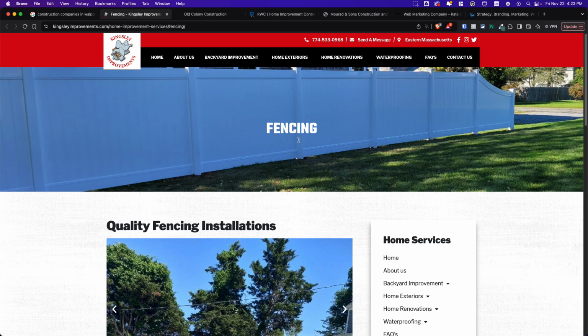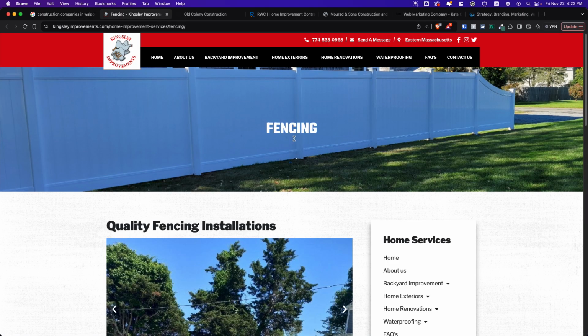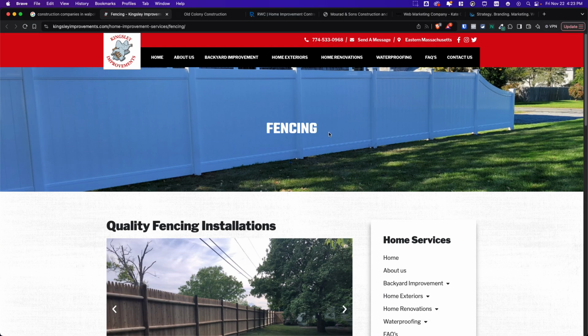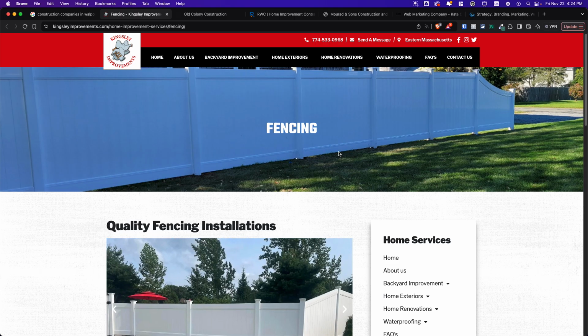So some things that I see. The number one thing that's a red flag to me is I search for construction companies in Walpole, and when I click, it takes me to fencing. I may or may not want fencing. So there's probably a bunch of different keywords inside your campaign. I can't get into your ad account to see, but let's say that you have your own separate fencing campaign or ad group,